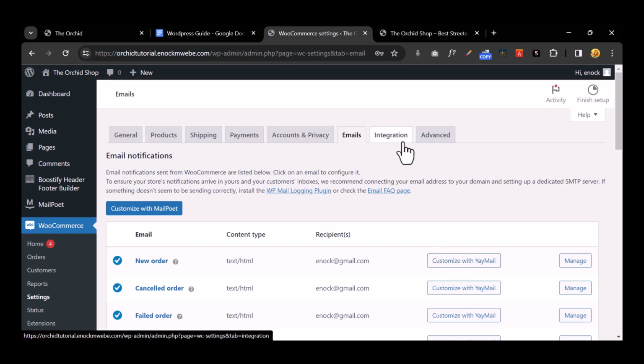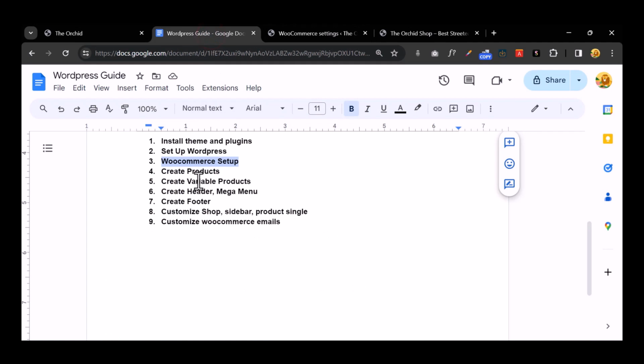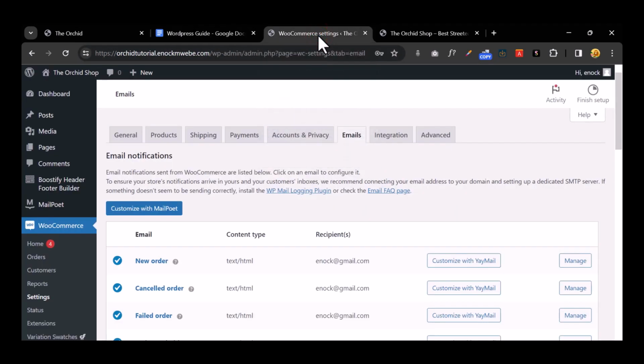Okay, so now these are the basic WooCommerce settings that you need to know. Now let's move on to creating our first product. I'll be showing you how to create a normal product and a variable product. After that, we'll create the header and the footer menu. Then we start customizing our shop. Okay, so let's move. When you head back over to the